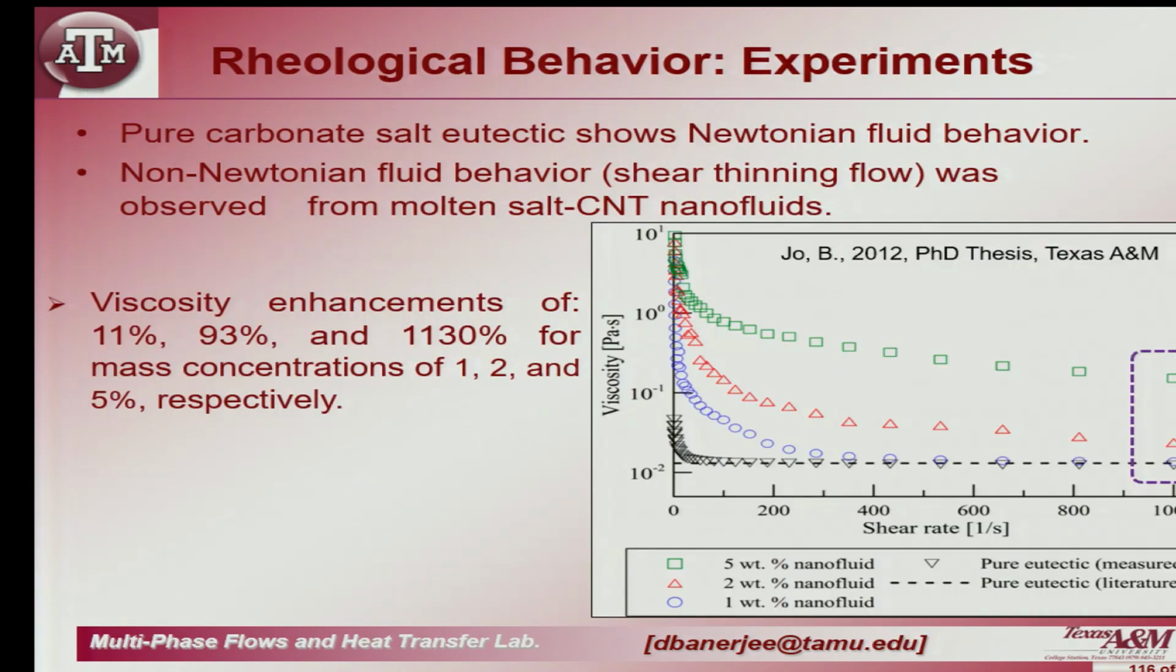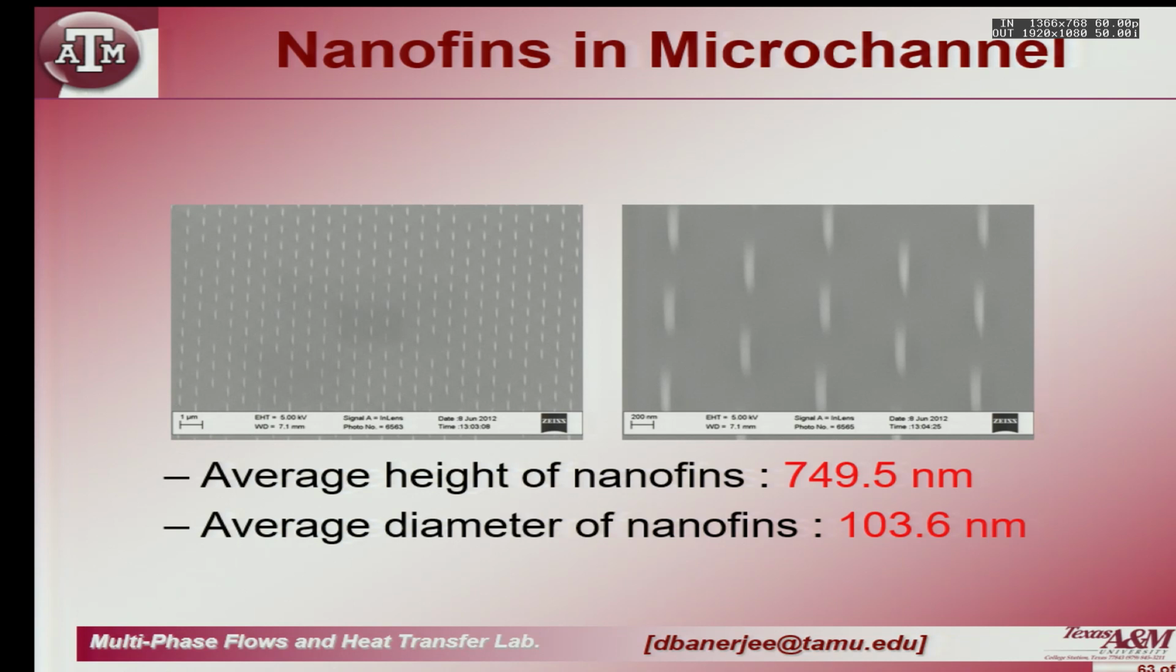So to further prove this concept, what we did was we started making nanofins which were of the same size as the precipitated nanoparticles. Okay? So we formed these nanofins by etching, just like we did for boiling. These were about 750 nanometers high, about 100 nanometers in diameter, and we made them in a perfect square row array,